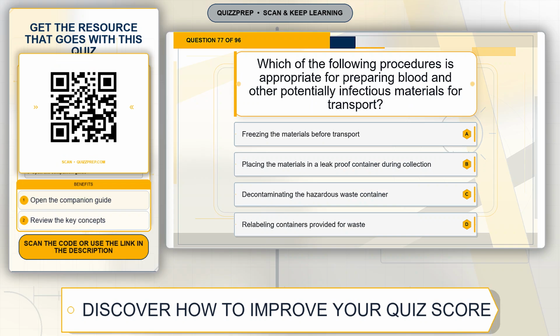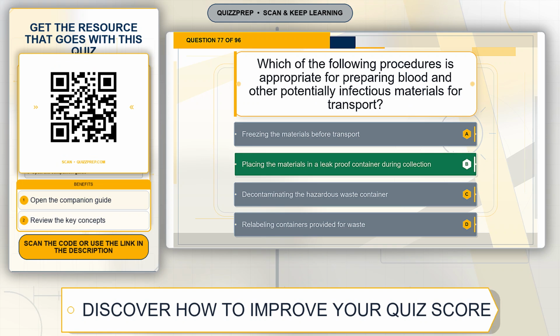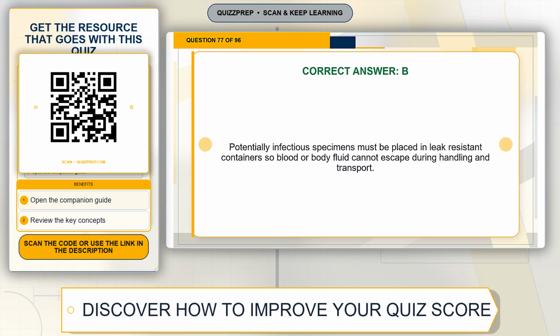Question 77. Which of the following procedures is appropriate for preparing blood and other potentially infectious materials for transport? Option A, freezing the materials before transport. Option B, placing the materials in a leak-proof container during collection. Option C, decontaminating the hazardous waste container. Option D, relabelling containers provided for waste. The correct answer is option B, placing the materials in a leak-proof container during collection. Explanation. Potentially infectious specimens must be placed in leak-resistant containers so blood or body fluid cannot escape during handling and